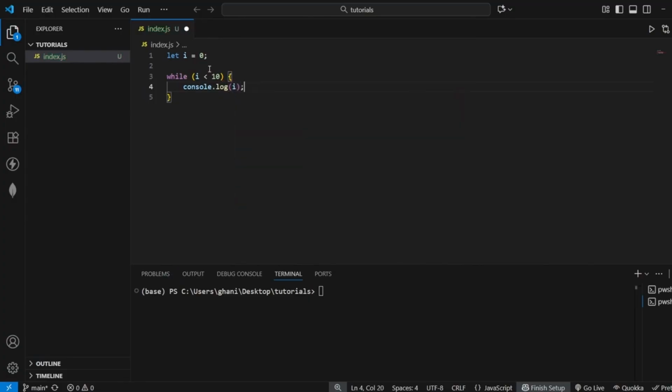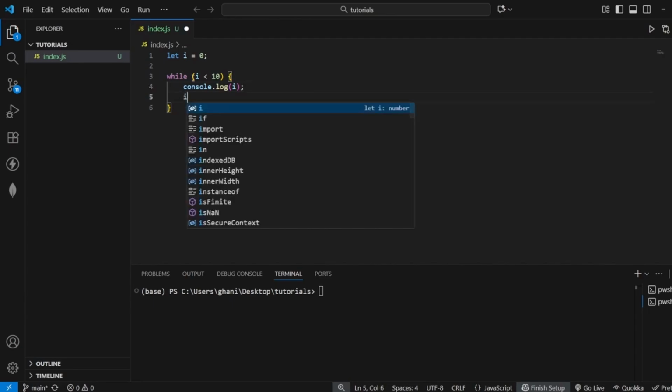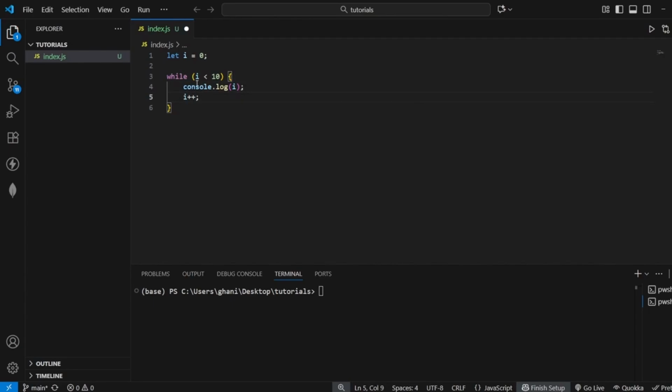i, for example. And if I would just start this loop, it would basically run forever because i will never be incremented. This means i will always be 0 and this loop will always keep going and going and going. And this would be an infinite loop. So to break out of this loop at a certain time, we need to increment i every time we run our loop. So I'm going to say right here, we will do i++ to increment i by 1 every time